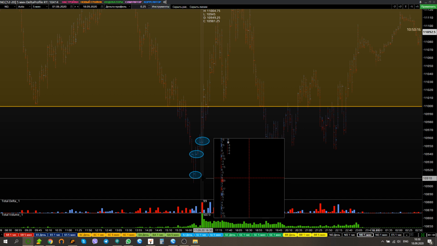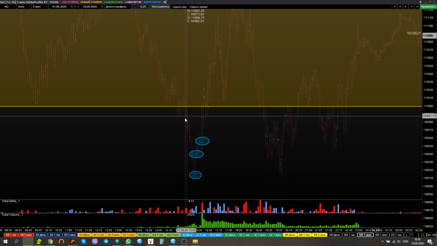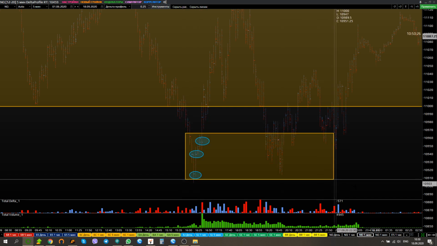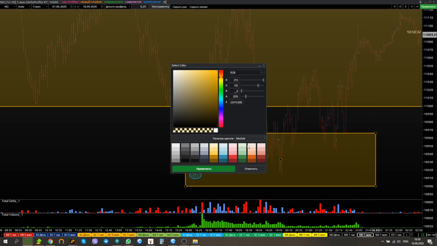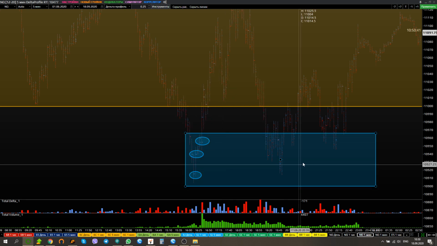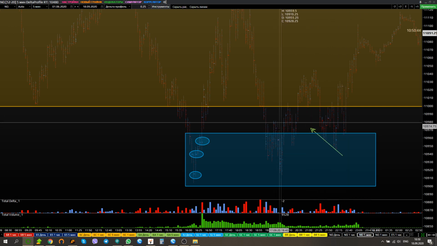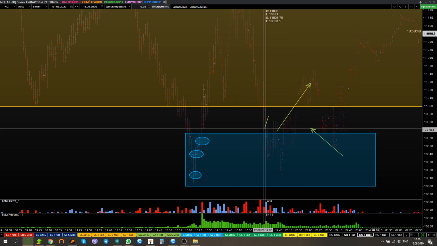And in future you can see that this level was respected by the price when it came back again to test this level, and we can see that the level with high positive delta is the level where we met our support. So this level also can be used to find some buy positions, of course, after we retest. I don't give trading signals with these things very often,